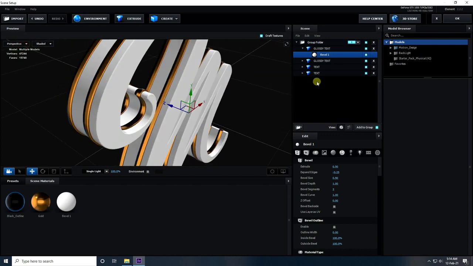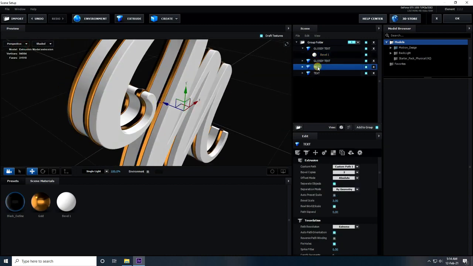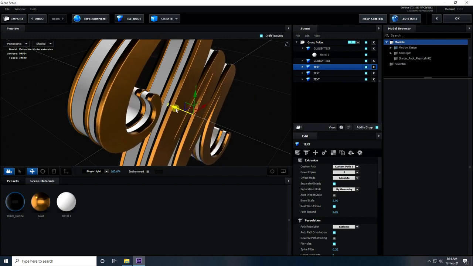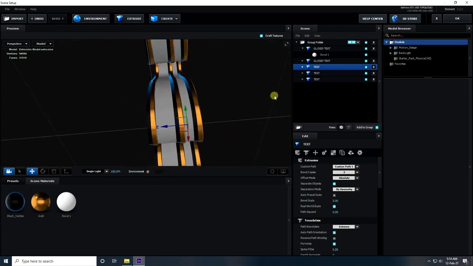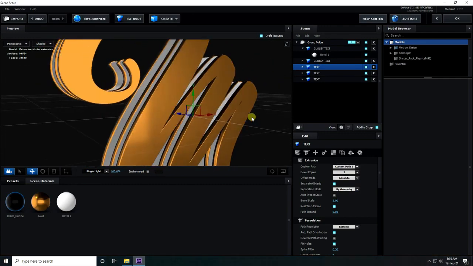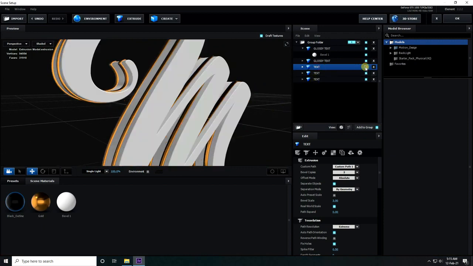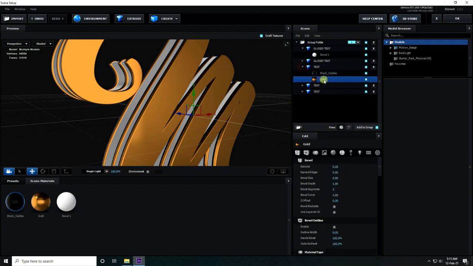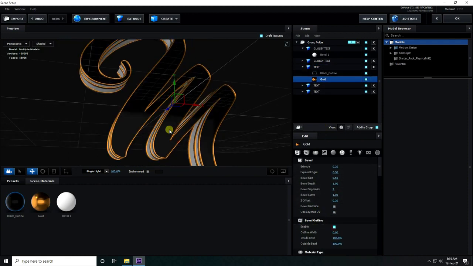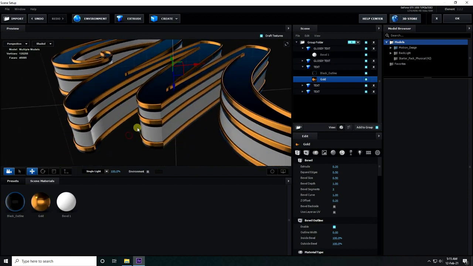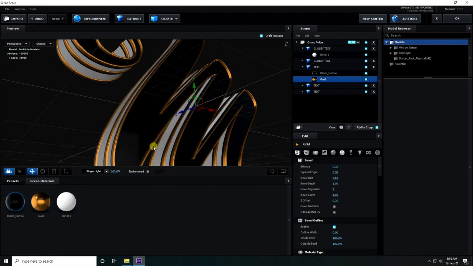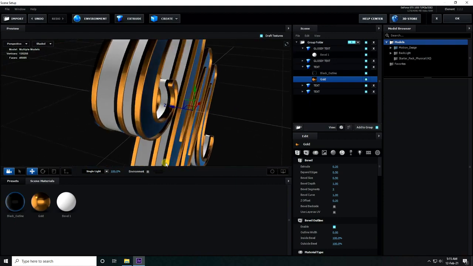And last one, guys, select this text and again copy, Ctrl D. Go to here like this. Yes, much better, right? Okay, so guys, select this front one. That's my front text. And go to gold material and enable bevel check. That's it. See, that's really good, right? Okay, so guys, my material is finished.